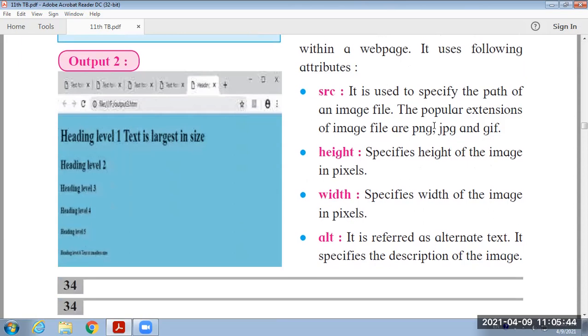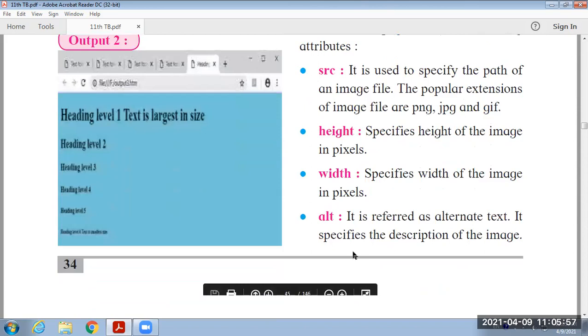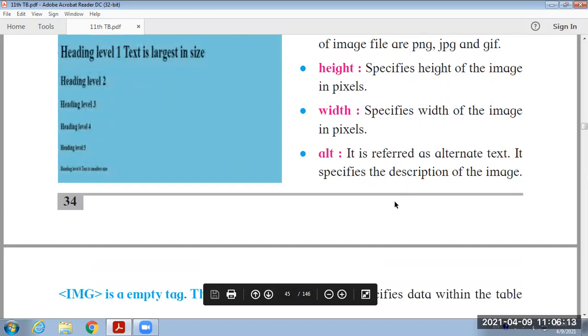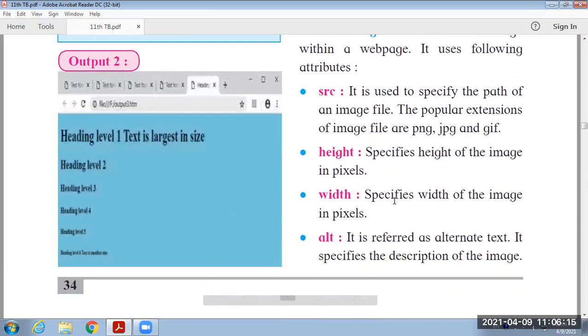Under that img tag, we provide different attributes such as src for the source, height to provide the height of the image, width to provide the width of the image, and alt to describe the image. In some browsers, your image may not be displayed. In that case, whatever alternate name you have provided will be shown in place of the image. These are the different attributes.